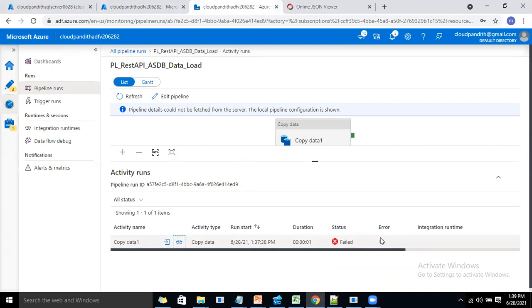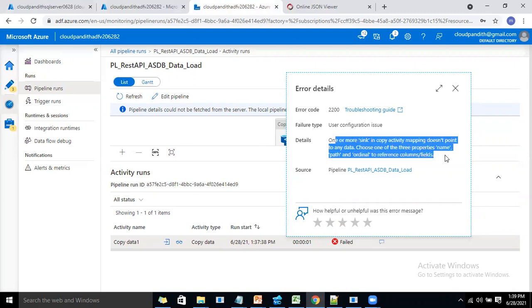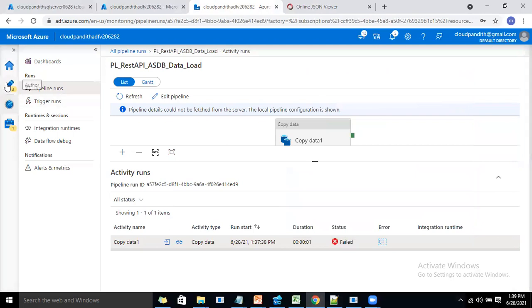This will not tell you anything, sorry. Just click on this error message. It tells you, see, one or more sink in copy mapping does not point to any data. So we have seen ID is not pointing to any column in the sink. We just adjusted those things, right? So the error message itself tells you very clearly what the problem is. You can just take the step based on the error that you are getting.